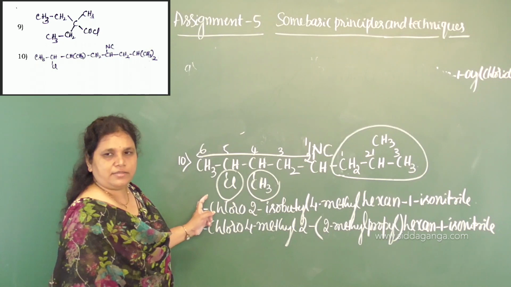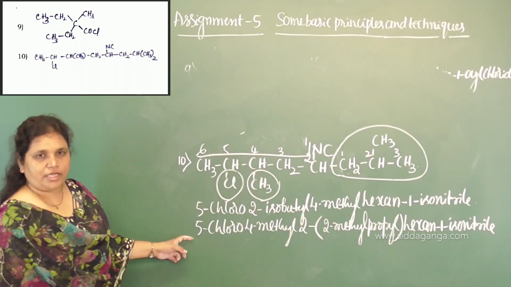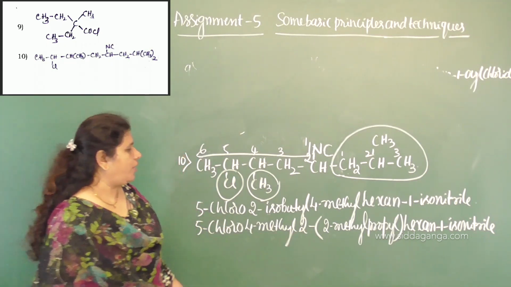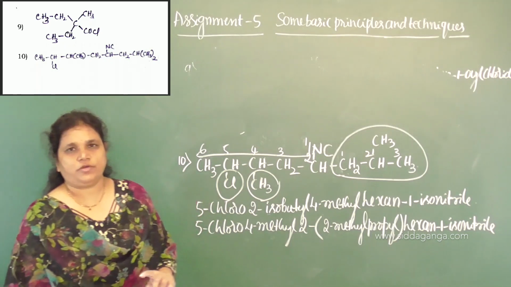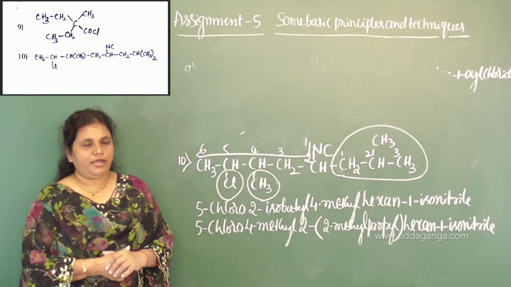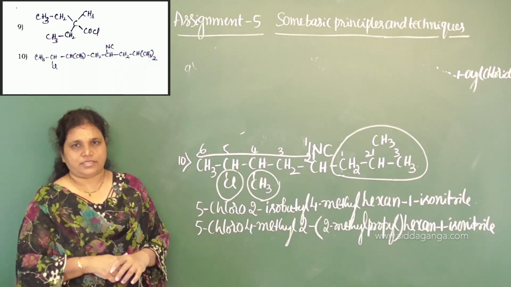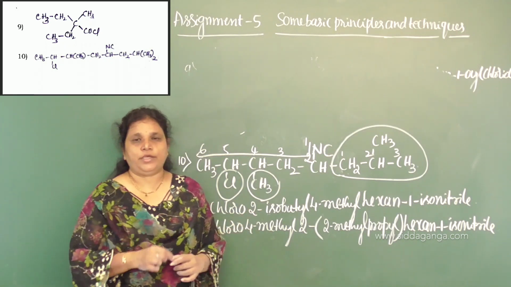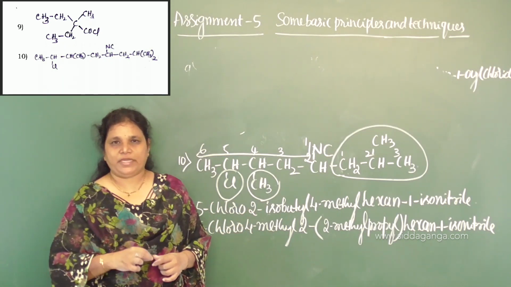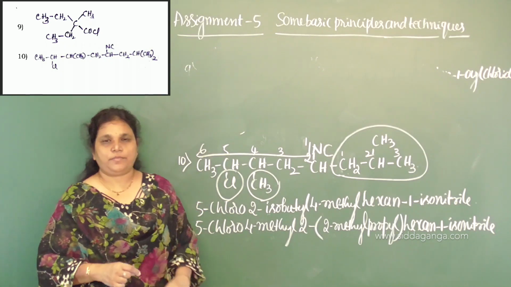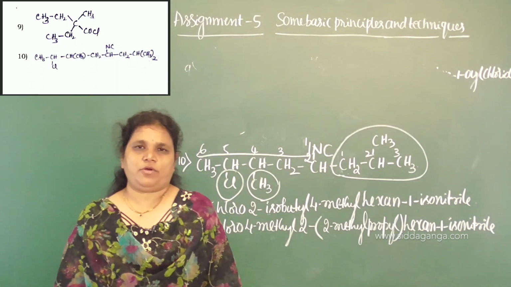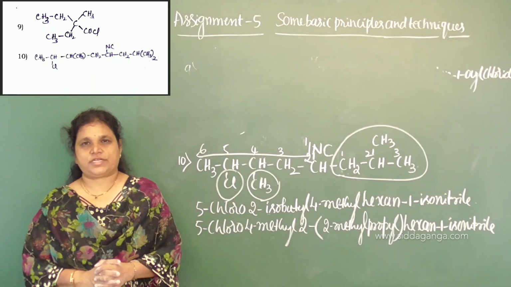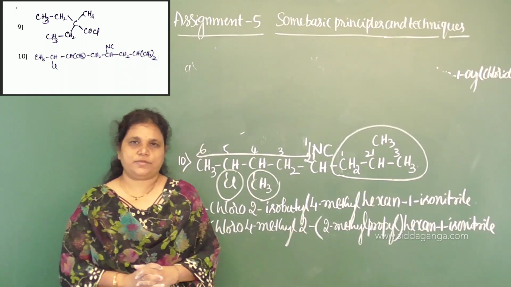Either you can give the name like this, or you can give the name of the alkyl group as 2-methyl propyl, or you can use isobutyl. So while arranging in alphabetical order, you need to consider the first letter of the fundamental name of the alkyl group, but iso and neo are allowed for the alphabetical order. Okay. So that is about the IUPAC names of some organic compounds containing a functional group, and some of the compounds containing 2 functional groups. Okay. Thank you.